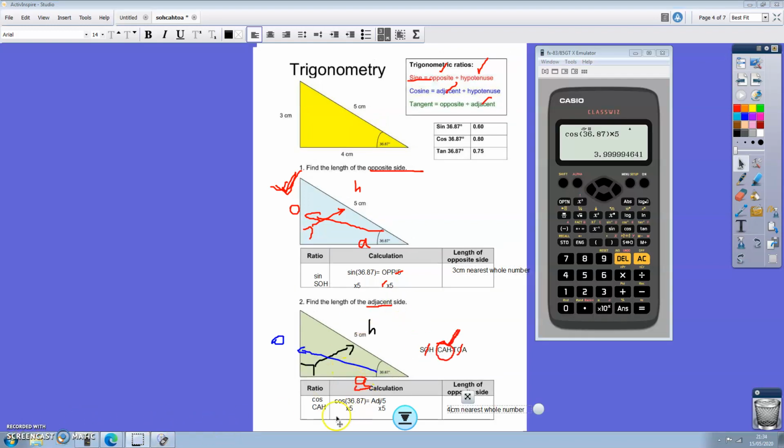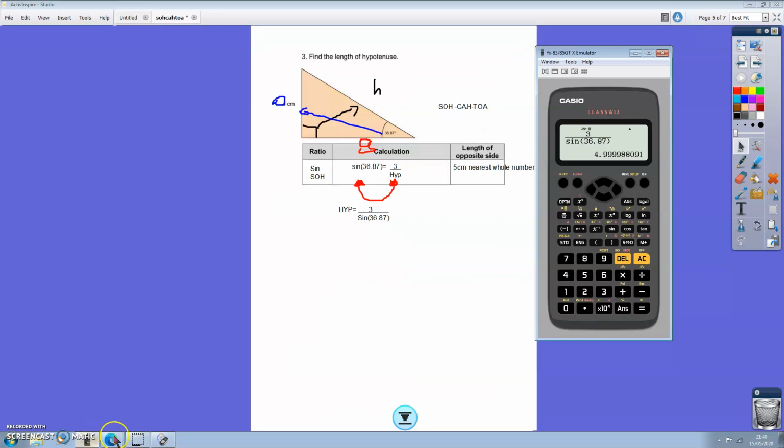As you can see here, we've got cos, and the sum is in the calculator. Cos of 36.87 equals the adjacent divided by the hypotenuse, and we've moved the number 5, the times by 5, across to get rid of the 5, so we've just got the adjacent on its own, and the answer is 4 centimeters. Looking at this one, you can see everything's exactly the same. The only difference is when we've got the hypotenuse on the bottom, we can swap these two sides over and that gives you the answer of